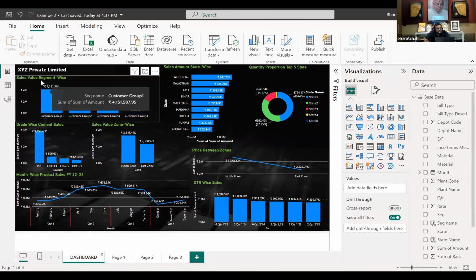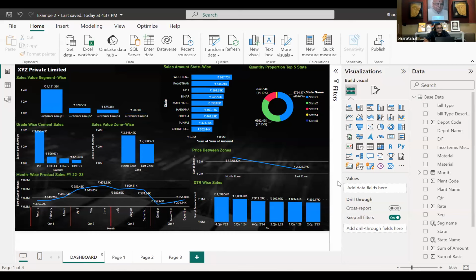This also gives us an ability to present to the client the overall picture of that company, how their sales segments are, what the different customer base is, which region has what kind of sales. So this gives a good view to us and also to the clients of understanding their businesses.